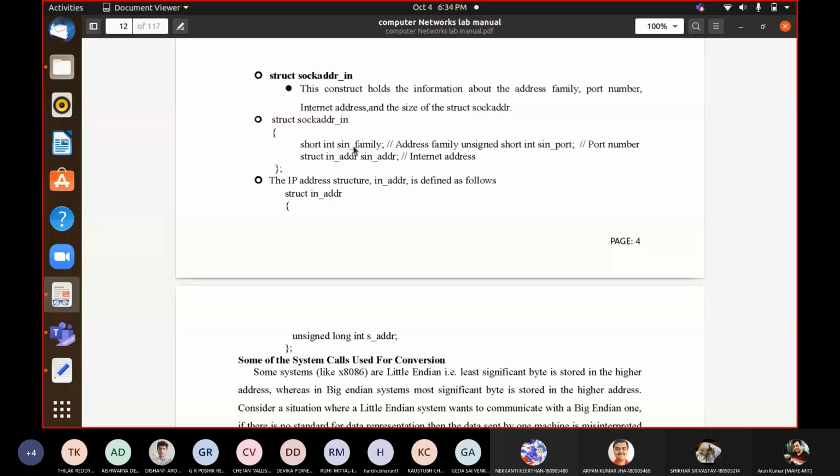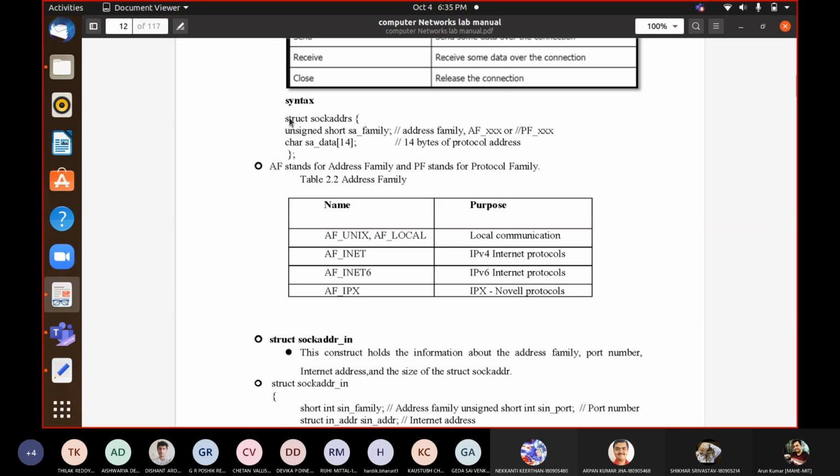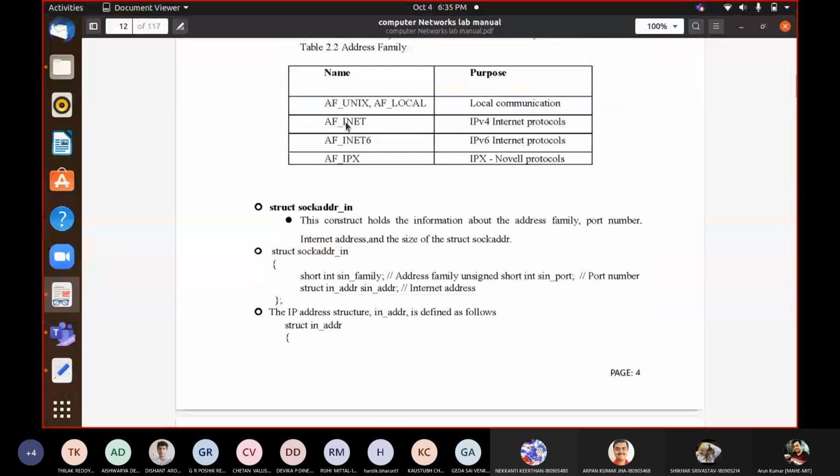All across our programs today, we are going to use these structures. So what goes as an item to these structures, you should remember. In sockaddr_in, specifically for internet, not the generic one, there is also the generic sockaddr, but this is specifically for internet. For internet, one is the family type, what sort of family it is.